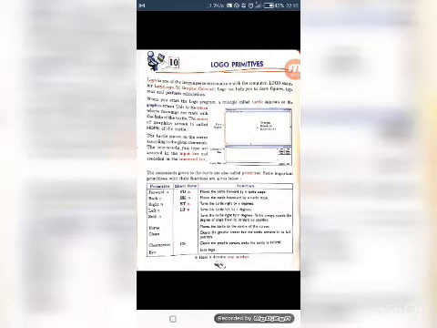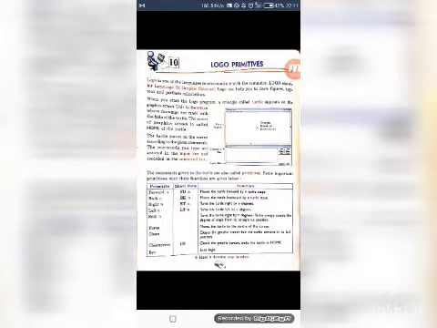So first of all, as the name of chapter is Logo Primitives, what is a logo? Logo is a programming language. It is one of the languages to communicate with computer. Just like us, we know and we understand Hindi, English, just like this, logo is one of the languages if we want to communicate with the computer. And what is the meaning of primitives? The commands given to the turtle are known as primitives.